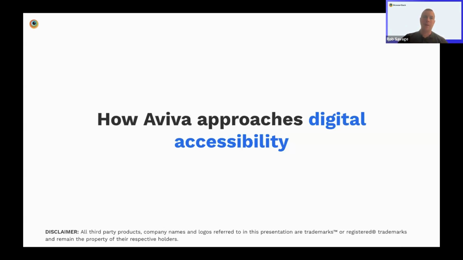But also if we're developing a new app, so shameless plug, we recently launched a new app called My Aviva. If you've got an Aviva policy, then I recommend you download it. That was a whole new app, whole new technology. So we embedded the accessibility team into that delivery to make sure that we were doing it right from the start. Obviously, testing is just one part of that.